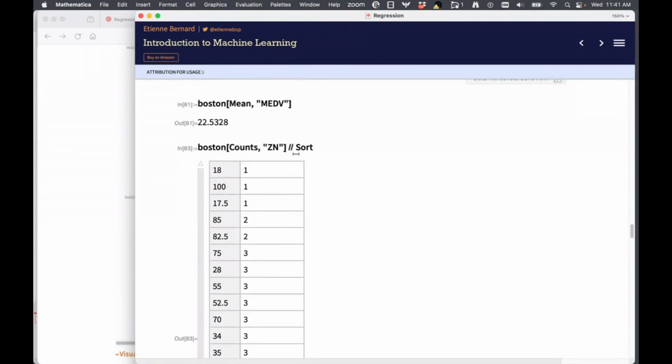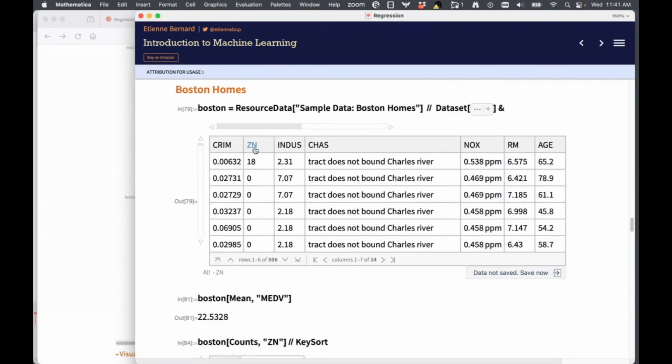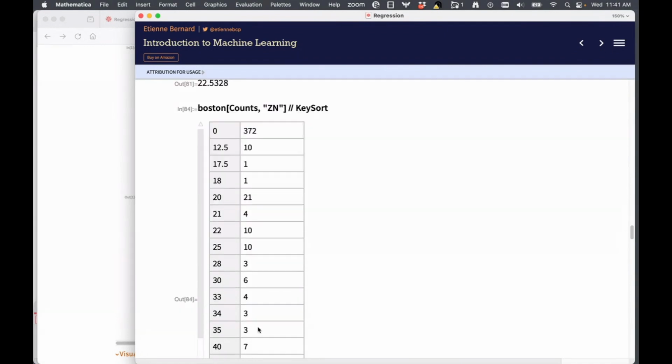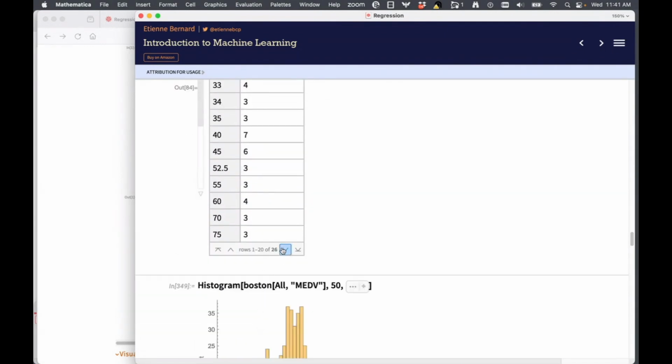Oh, what I want to do is key sorted. Okay. So I can see that for feature value for ZN as 0, I have 372 samples that have the value 0, and then all the way up to, for feature value 100, I have only one sample.